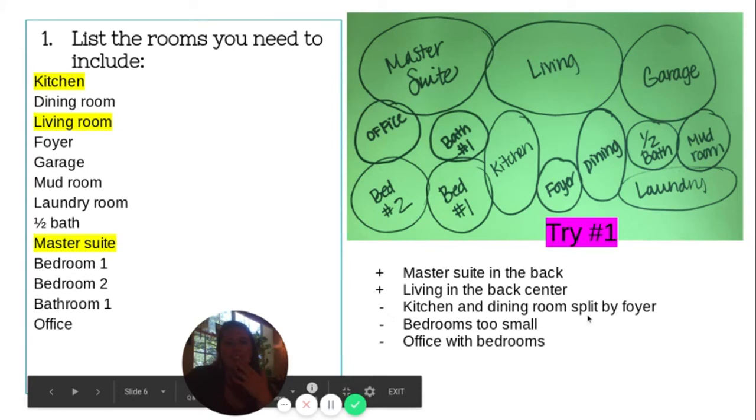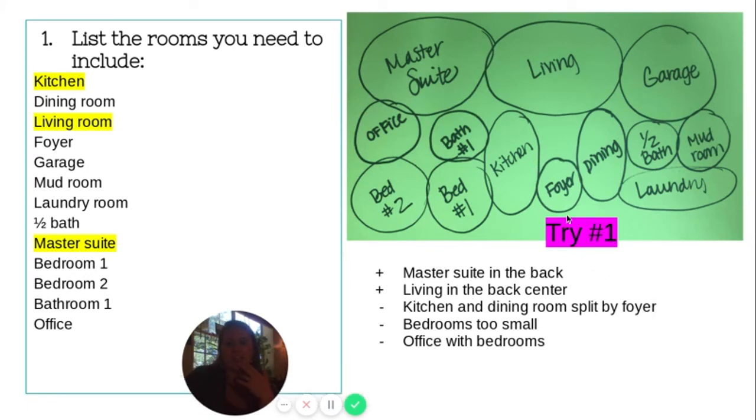I like that the kitchen and the dining room is split by the foyer. So you kind of go in and you've got this nice big hallway, a really wide one, like 8 feet maybe,